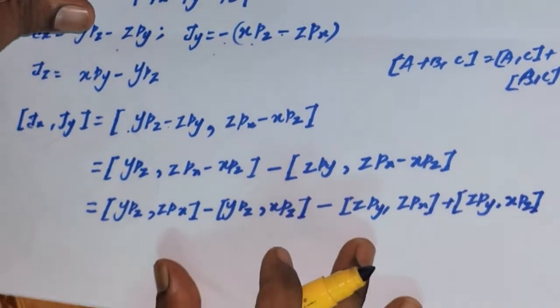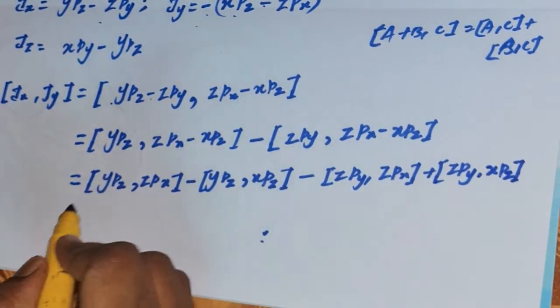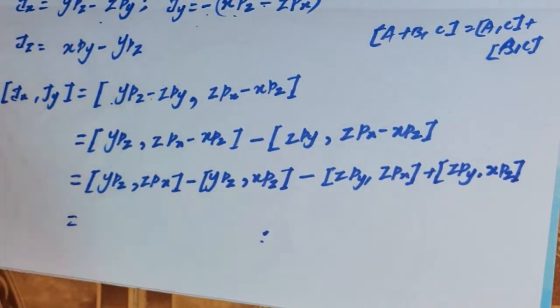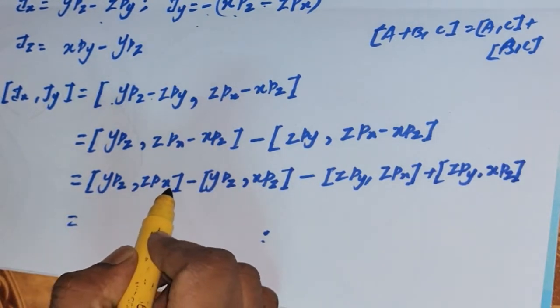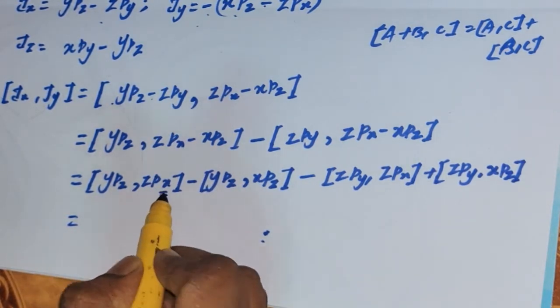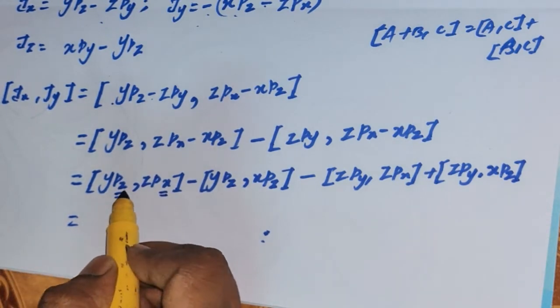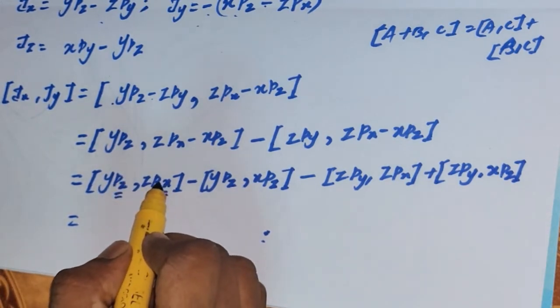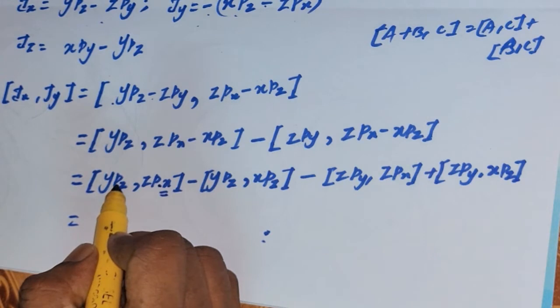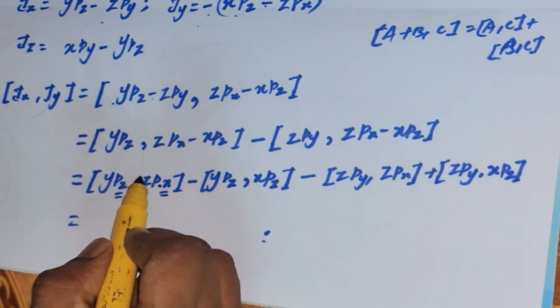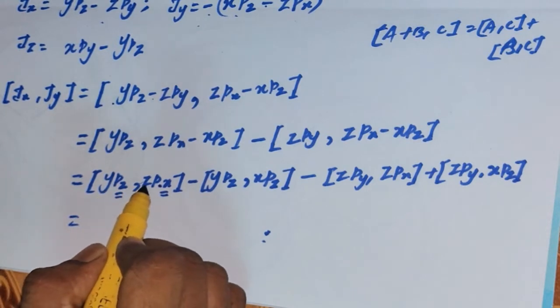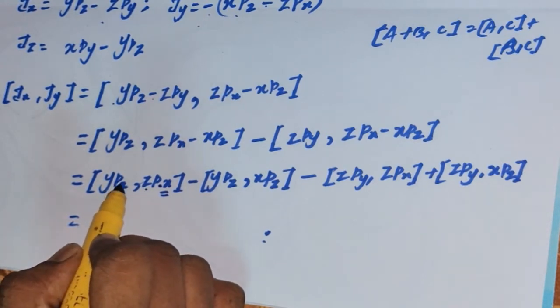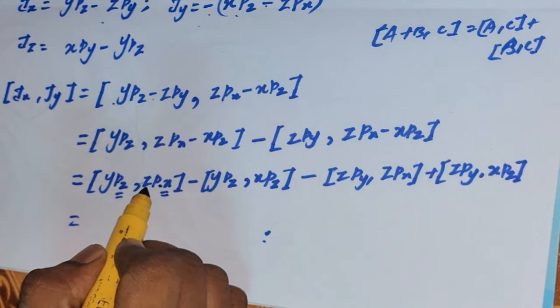So if you use the property again, it will take a lot of time. Just look at this problem. Here we have the x variable, here we have the z variable. That means the x component of the linear momentum and the z component of the linear momentum. We have to see whether the position variable is there. Yes, z is there. So for the z component of angular momentum, the z variable will be there.